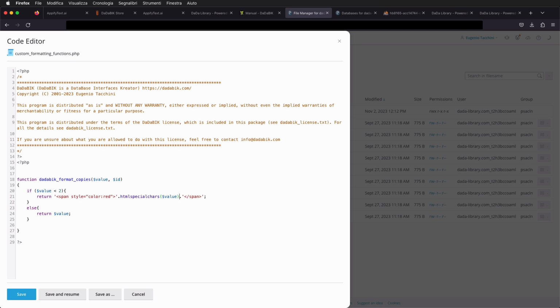This is used to convert special characters into the corresponding HTML entity, let's say. But I don't want to go too deep into this topic because for this particular case, since the